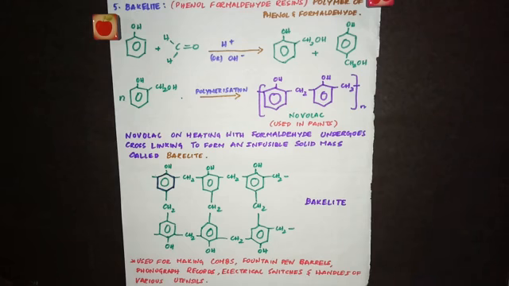Just like how we grouped addition polymers under certain families like polyolefins, polydienes, polyacrylates and polyhaloolefins, we can group condensation polymers also. We can group them as polyesters, polyamides and formaldehyde resins. So Dacron and Glyptal will come under polyesters because these polymers have ester linkages, COO linkage. So we group them under polyesters.